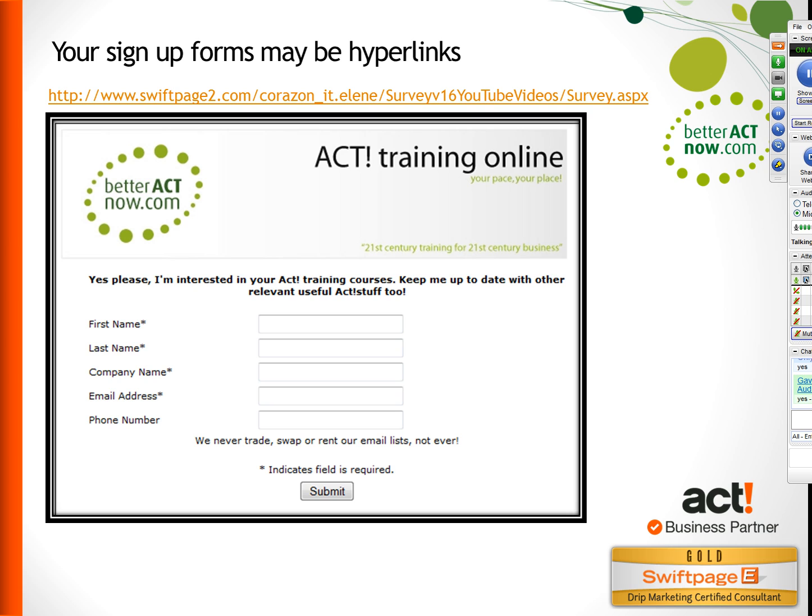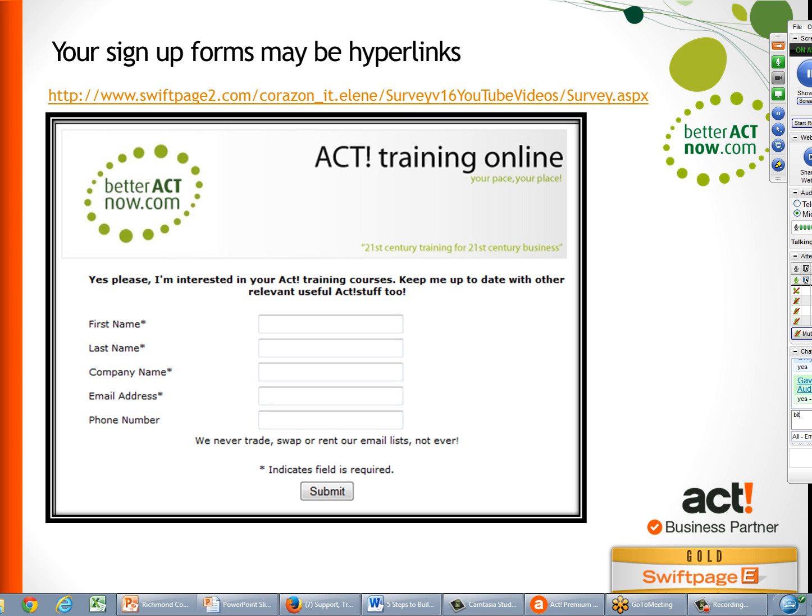There are quite a few hyperlink shorteners. The one I use is called bit.ly. I don't know if you've come across that, bit.ly. It's in the chat box right now. What you do is put one of those long hyperlinks into bit.ly and it shortens it.